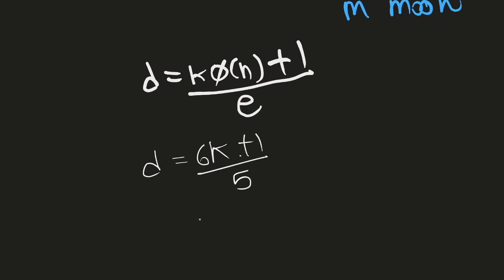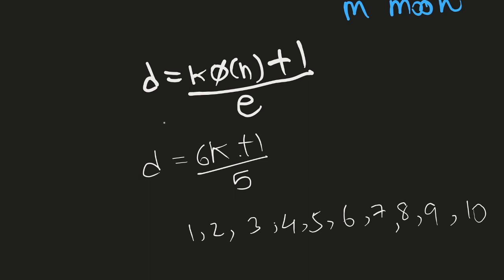What are our possible options? So let's substitute k equal to 1, 2, 3, and so on. If we pick k as 1, then 6 plus 1 by 5 is not an integer, and so this is ruled out, and this is ruled out as well. Trying out values, k cannot be 3. k can be 4. If k is 4, then that gives me d as 25 by 5, which is 5.